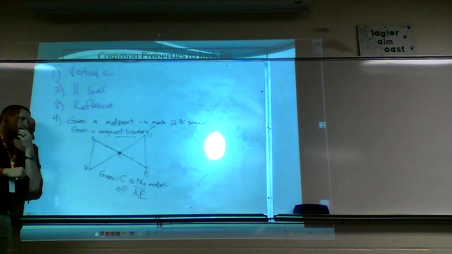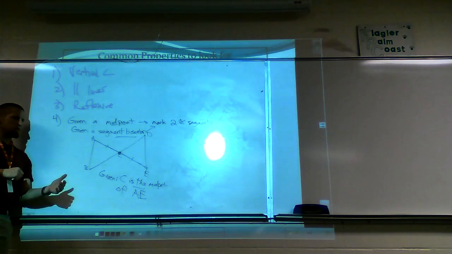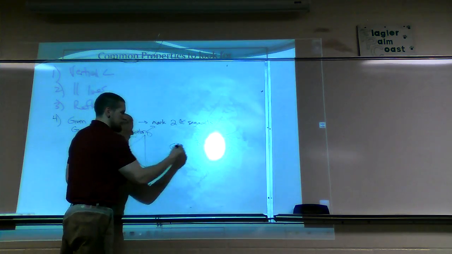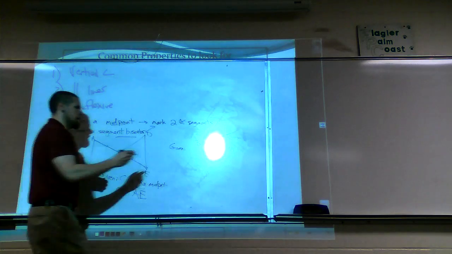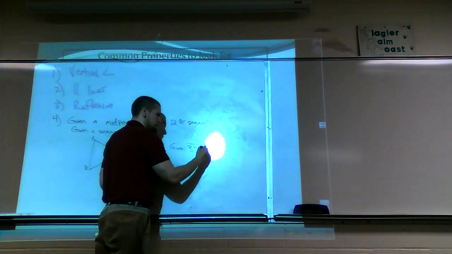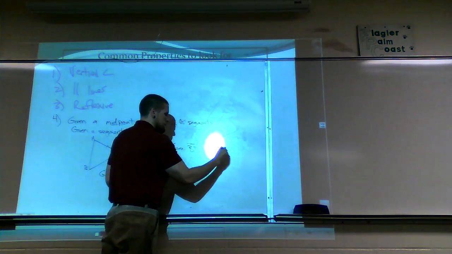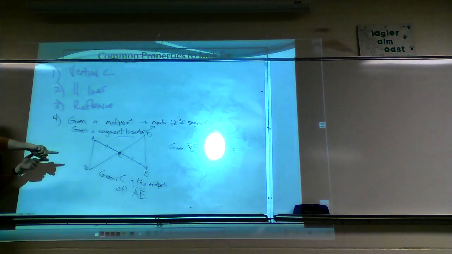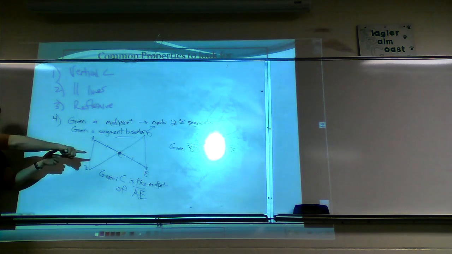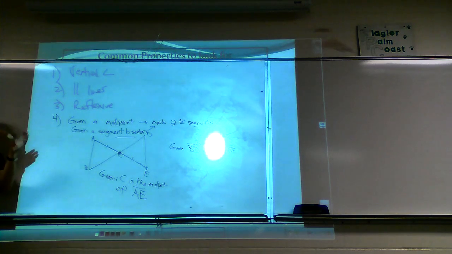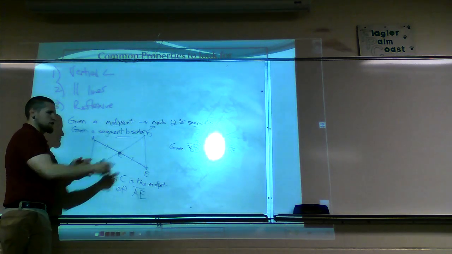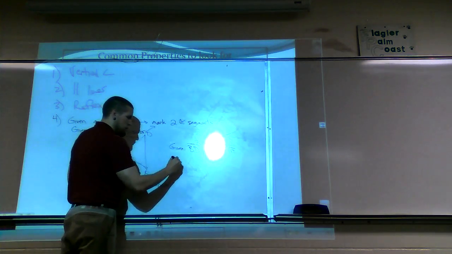Another thing they could say with this, to get you the same kind of result, would be if in the given they said something like segment BD bisects segment AE. Either one of those would give me the exact same result on that picture. Both of them were talking about splitting a segment in half. The only difference is when you write out your statements, because the result of both of these should be a